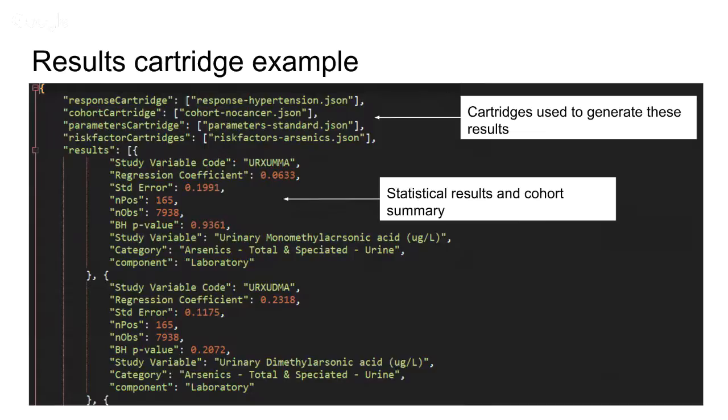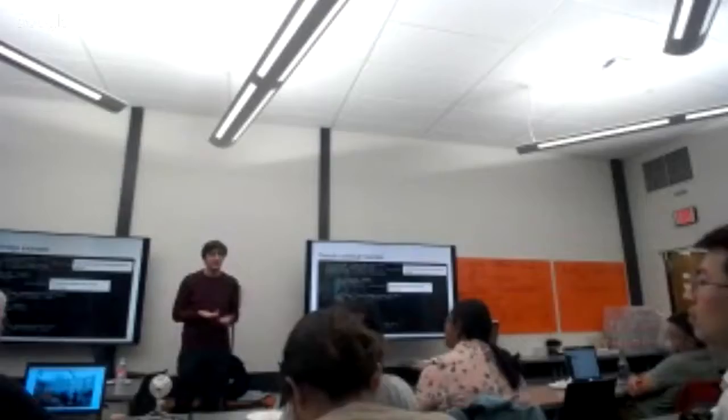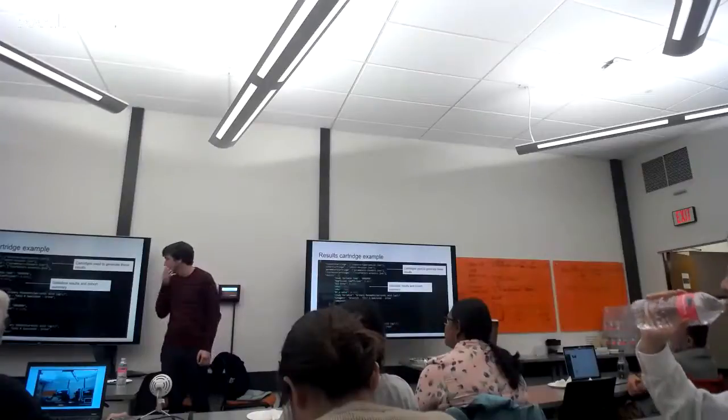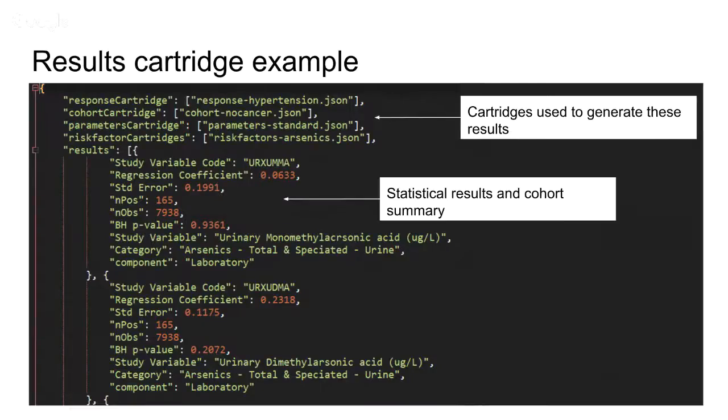So if you find a significant association between some pesticide and hypertension only in people over 40, then when you're referring to that result, you need to have the context of what your study cohort was. You also want to know how exactly you defined hypertension. And then we have the set of results. These look kind of complicated if you're not a statistics person. The big ones are something like a standard regression coefficient, a standard error, and a p-value. These are ways that we decide whether an association exists, which is a very simplified statement, but it's close enough to true.